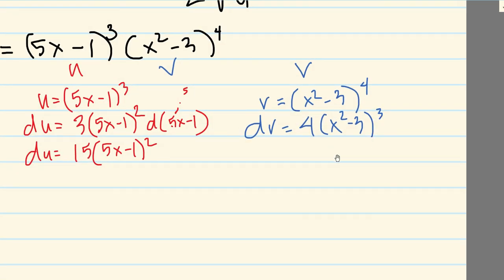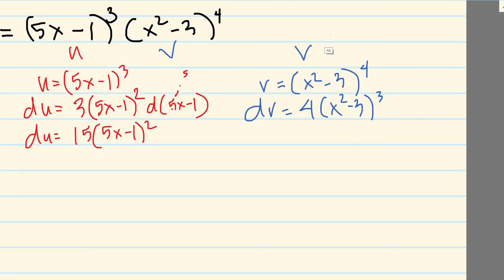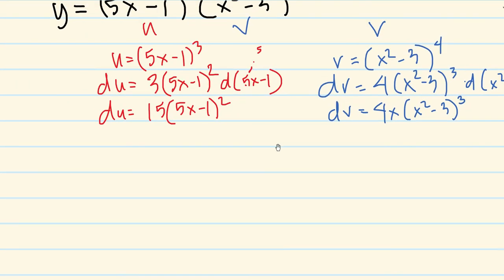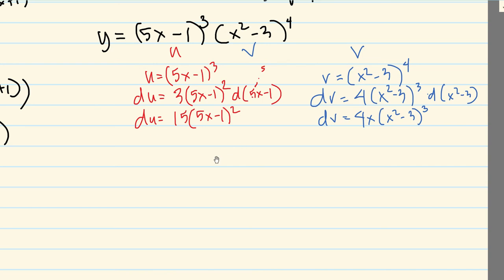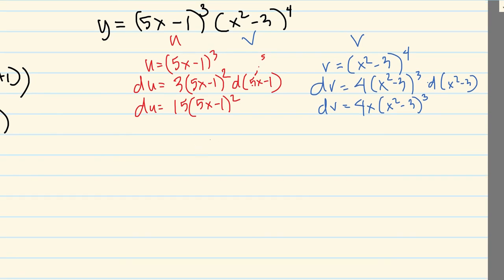Let's zoom in a little bit. The derivative of (x squared minus 3) cubed is: this one is 2, so 2x, so 4x times (x squared minus 3) to the power of 3. So we have that one, and then what we're gonna do is follow this: